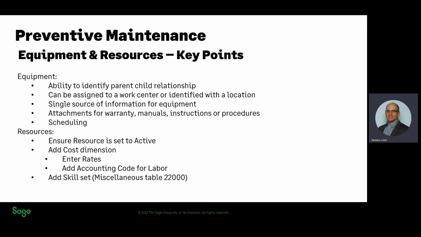Resources, we want to ensure your resource is set to active, otherwise it is not available to use on the job ticket. We need to add cost dimensions to a resource with rates and overhead when overhead is applicable. Add the accounting code for labor. And we have the ability to utilize the skill set grid to simplify the selection of a resource for a job ticket. Skill sets can be added or modified at